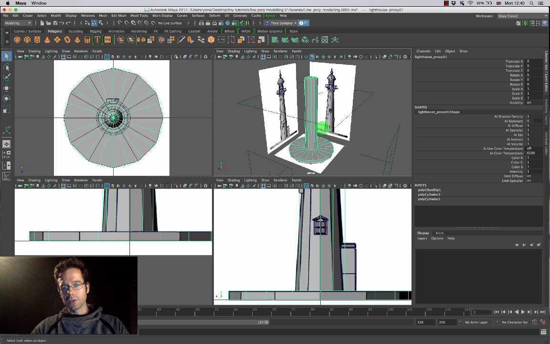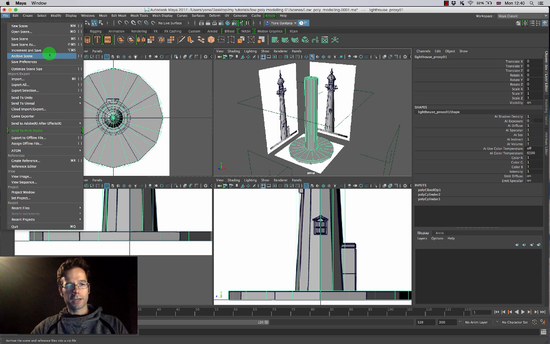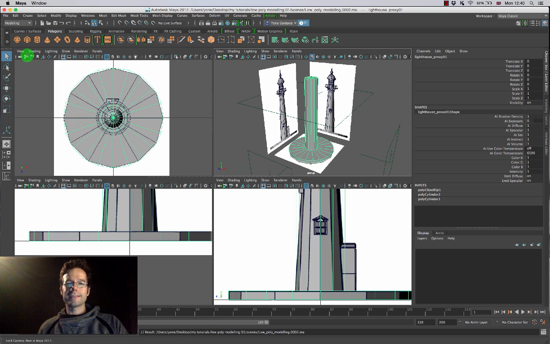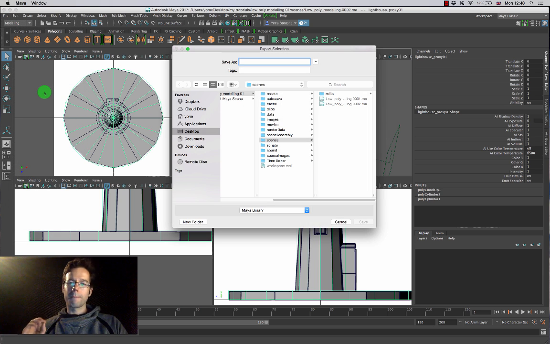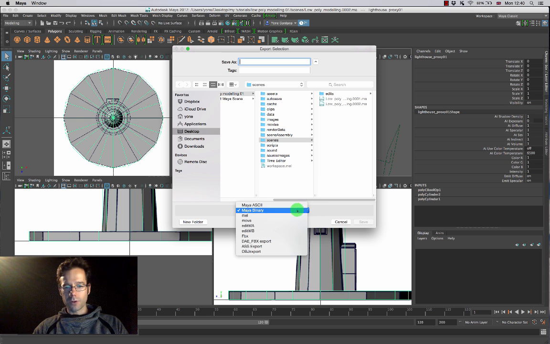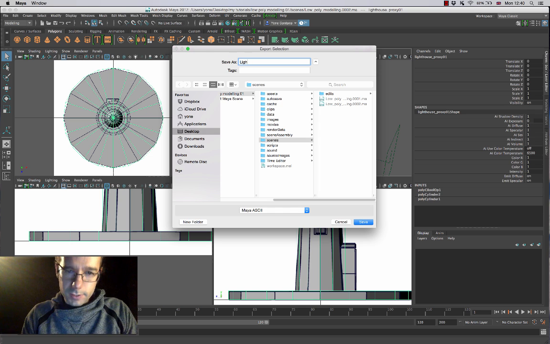And again, one of the things that's good to do right now is that I can come over here and go into increment and save, and this increment and save will now save everything that we've done so far. The last thing that we could do is I can come into here and select this one object and go down and choose export selection. And what that's going to do is that currently it's only going to export my 3D geometry. And if this is a major milestone, it's sometimes worthwhile saving an asset yourself as well that you can always come back to. So I can call this Lighthouse Proxy